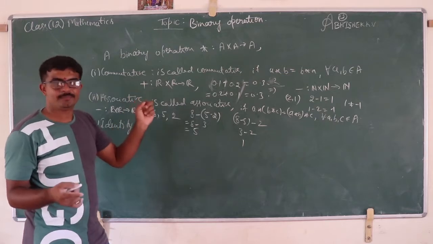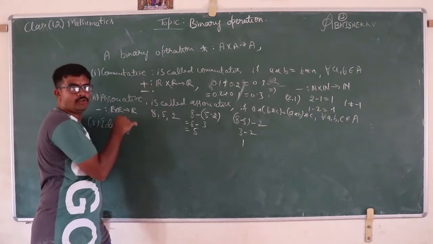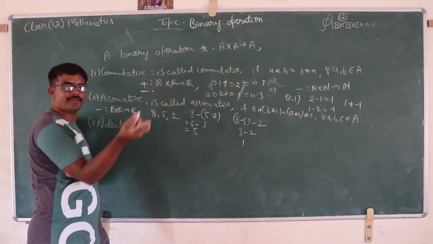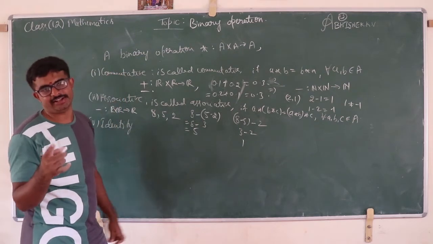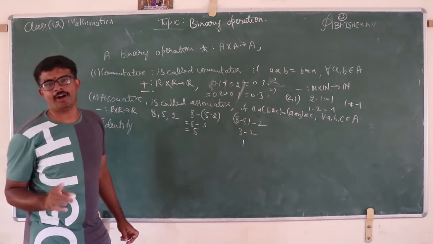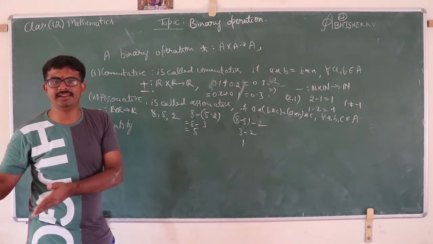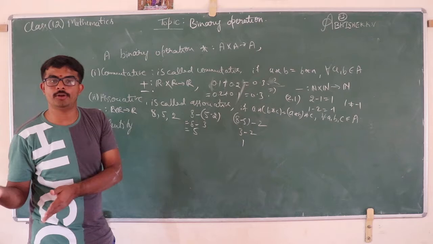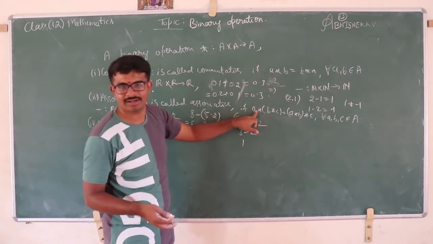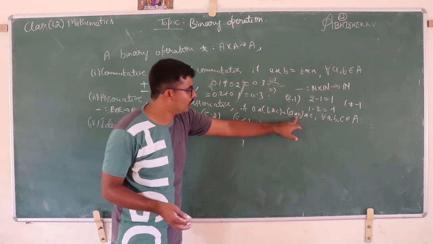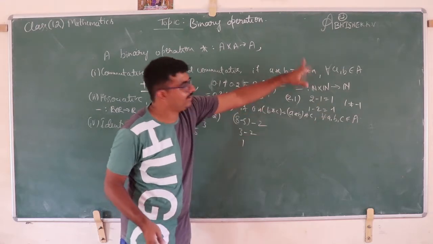Then is subtraction commutative? See, 8 minus 5 is not equal to 5 minus 8. No, subtraction is not commutative on the set of real numbers either. But subtraction is a binary operation, right? Considering any two real numbers, the result should be a real number only. Therefore, it is a binary operation. But it is not commutative. It is not associative. It should satisfy the property A star of B star C is equal to A star B of star C for all A, B, C belonging to the given set A.